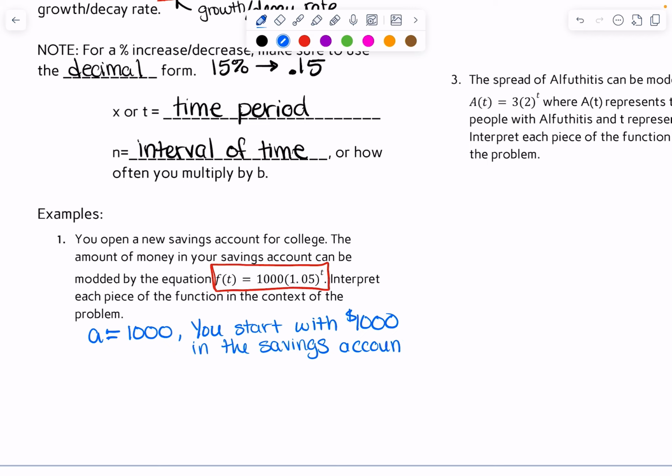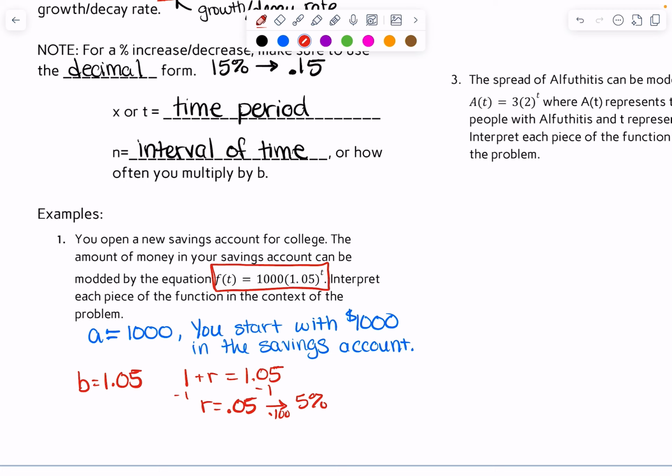Since that is our starting value. The B is 1.05. Now, based on our 3.1 notes, I know that that is exponential growth, but to figure out how much it's growing by, we are going to use that 1 plus r equals 1.05. Subtracting 1 from both sides, I would get that r equals 0.05, or multiplying by 100,